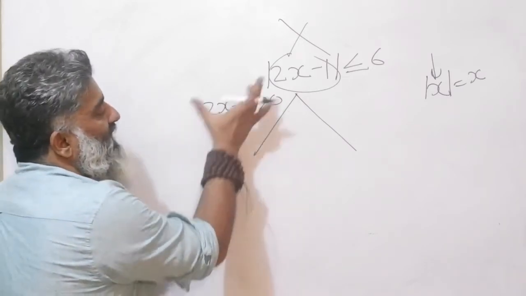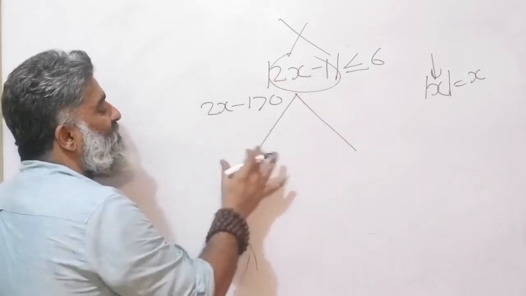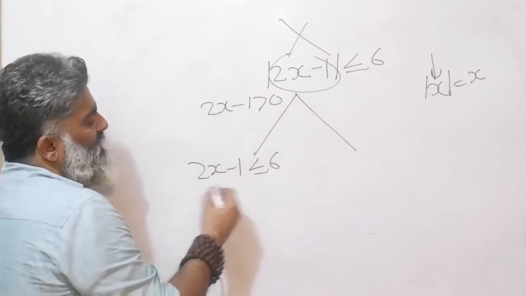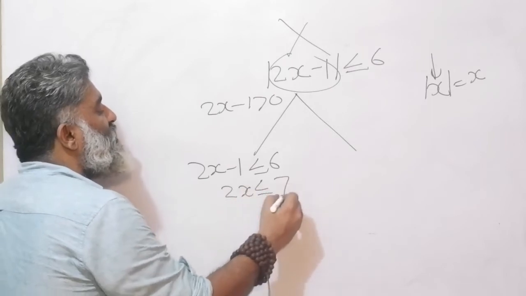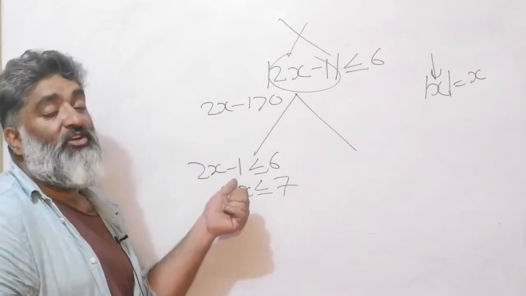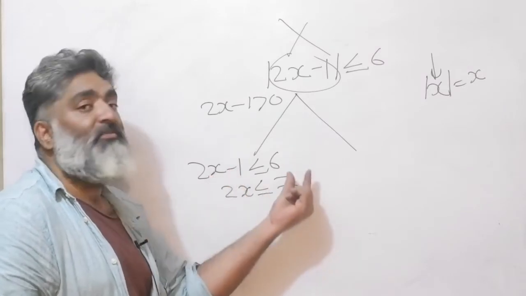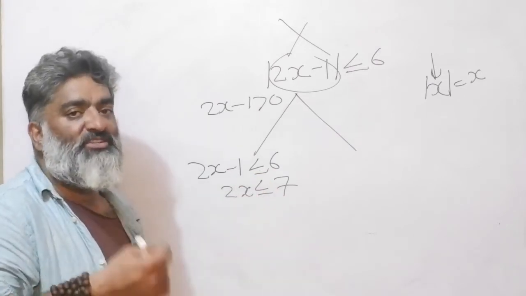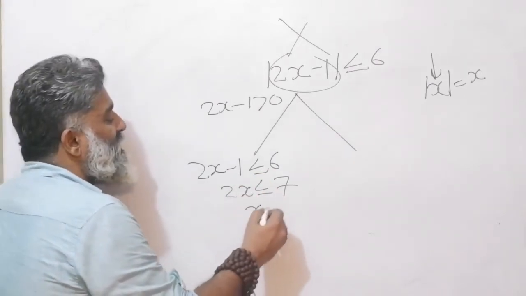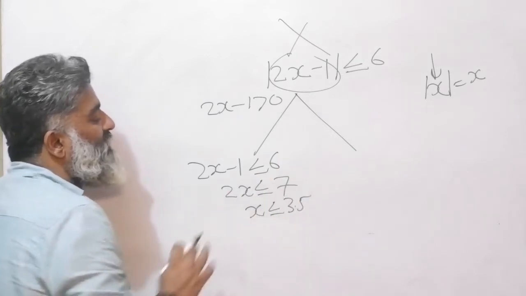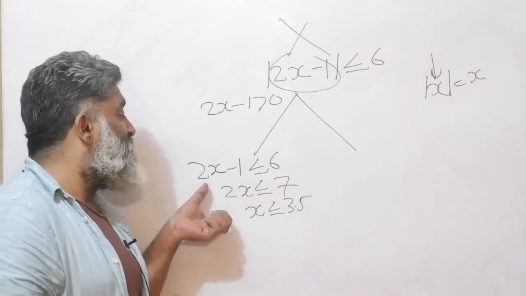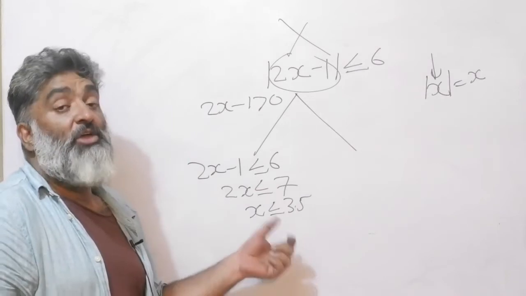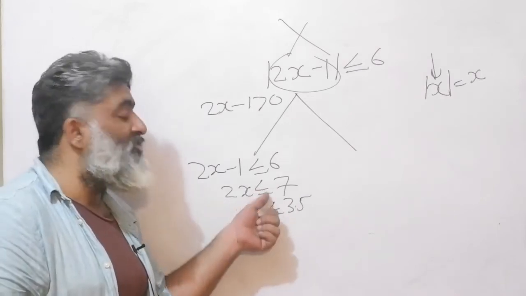When this capital X is greater than 0, the equation can be written just the way it is. And I'll copy the inequality sign as well. This should be easy. 2x is less than or equal to 7. What am I doing? If I wanted to get rid of this -1, I'm adding a +1 here, and I'm adding a +1 here. Because I'm adding, or let's say subtracting, the inequality remains the same. A quick revision of inequalities as well, right? And then x is less than or equal to 3.5. 7 by 2 is 3.5. Again, I'm multiplying both sides by 1 by 2. This 2 will get cancelled and my result will be 3.5. Because I'm multiplying by a positive number, the inequality remains the same.